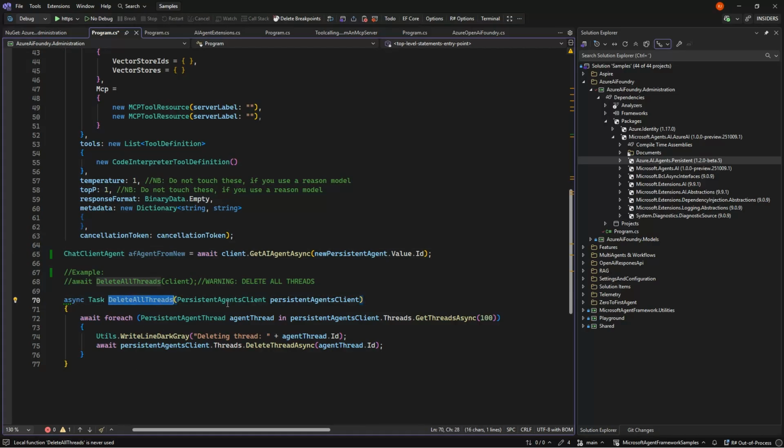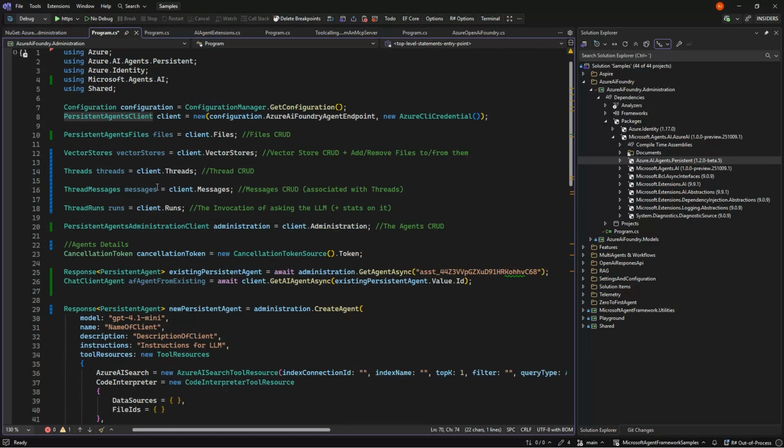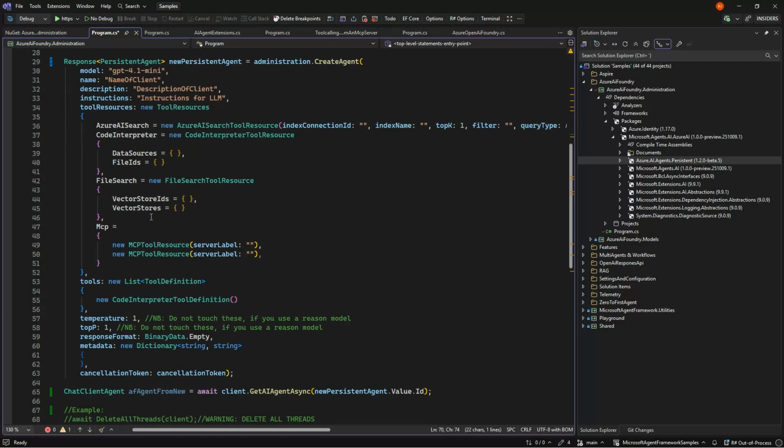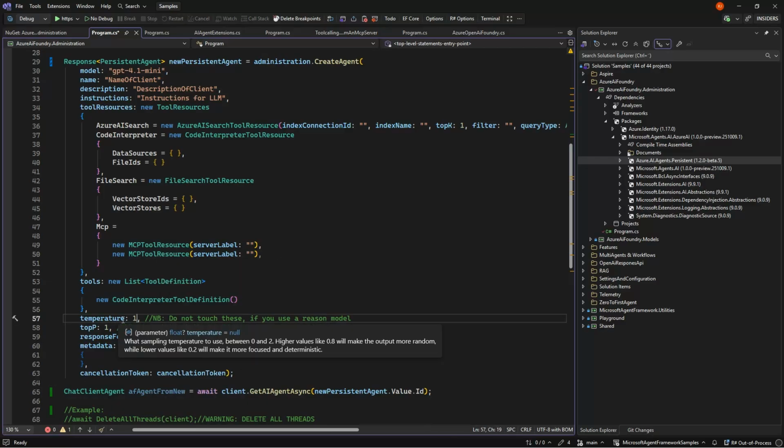So for example, if you have a bunch of threads up there, you just simply take your client, you go into threads.get threads, and in my case, just find the first 100 and delete them one by one here. So it's truly just CRUD when it comes to this persistent AI. But of course, when we make our agents and use them, that's the interesting part for us, and that we'll see for each of the more interesting tools in a separate video. But for now, that was everything there is about the administration. See you in the next one.